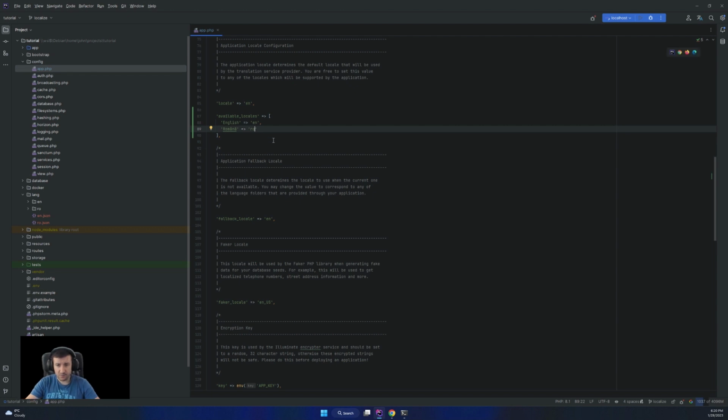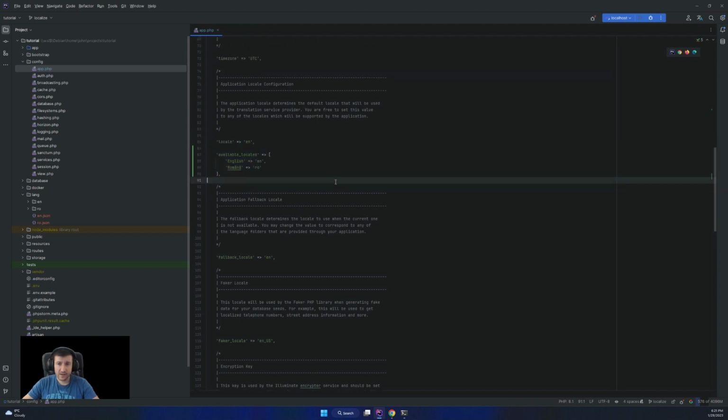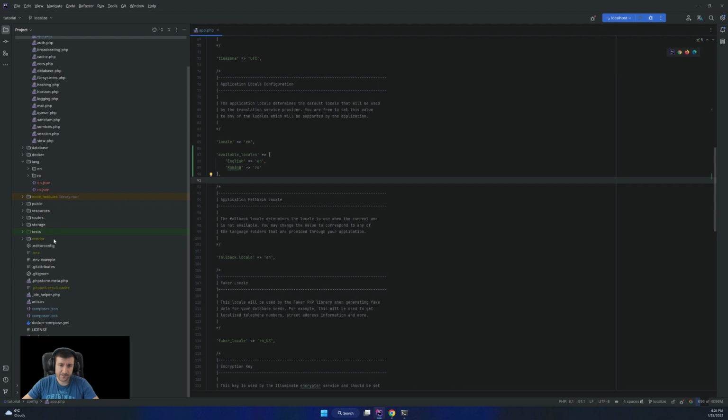I prefer this approach, but it's not necessarily to be your approach. If you want to define this in a table, you can create a new model, migration, and everything else, and save in a model. Actually, if you want to see how to work with locales in a database table, let me know in the comments, and next time I will migrate them from config to table, and you can see how to use them as a table. So we added in here. The next bit is to go to the routes.